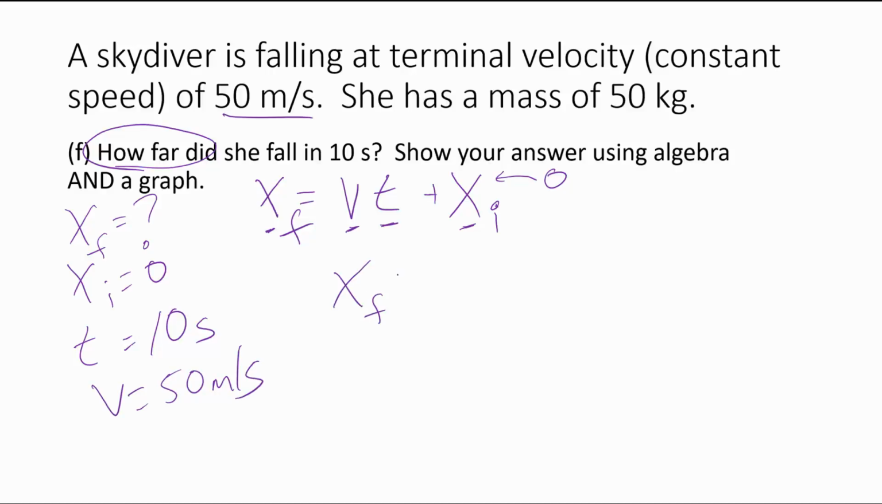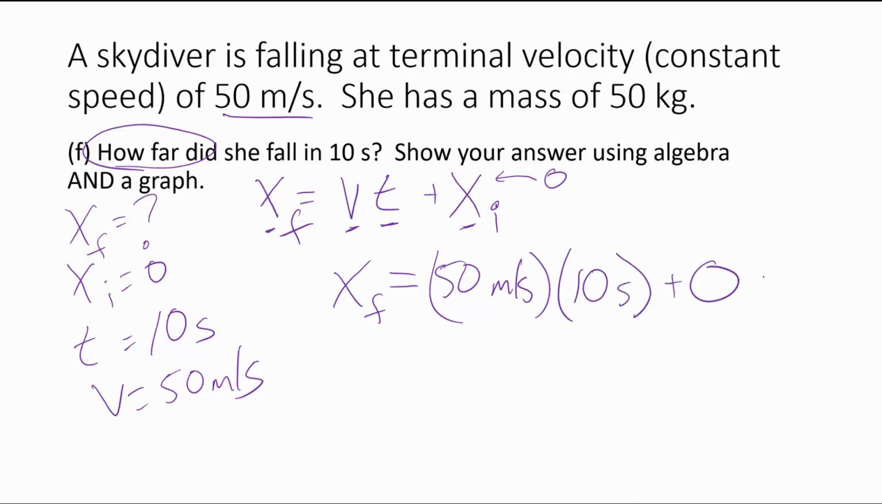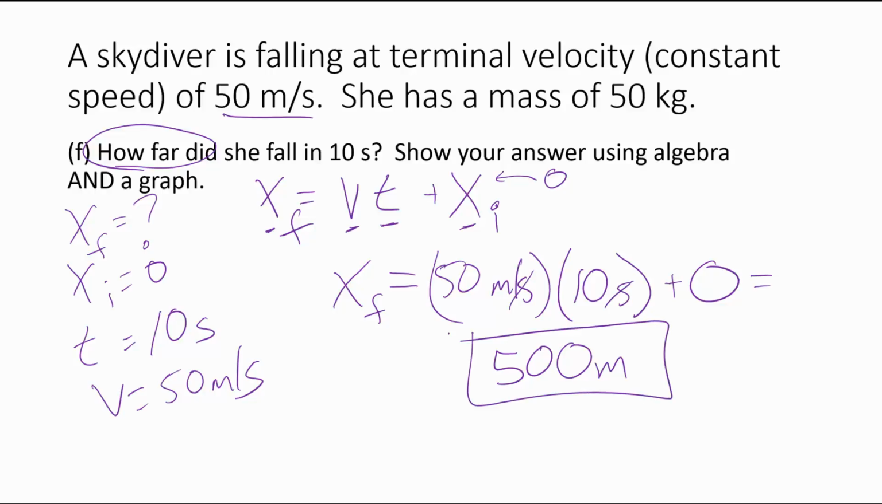So we're trying to find XF, we're going to leave that there. And then our velocity is 50 meters per second. And we want to know how far she fell after 10 seconds. And we're going to call initial position 0. And we see we've got 500 meters. And seconds end up canceling. Got lots of 500s going on in this problem. Okay, so in 10 seconds, traveling at a constant speed of 50 meters per second, she's going to go 500